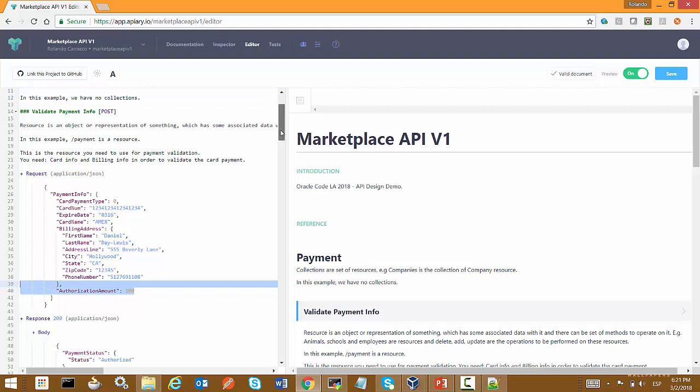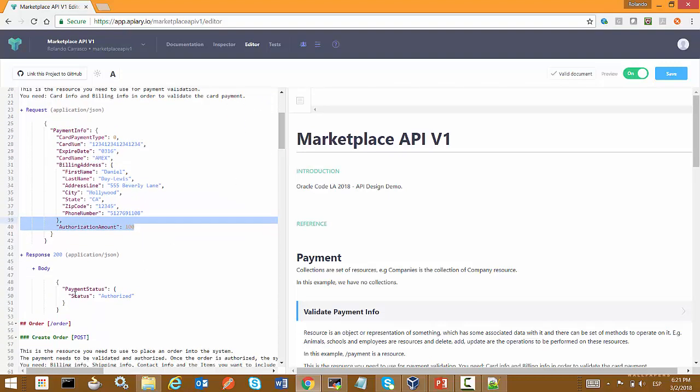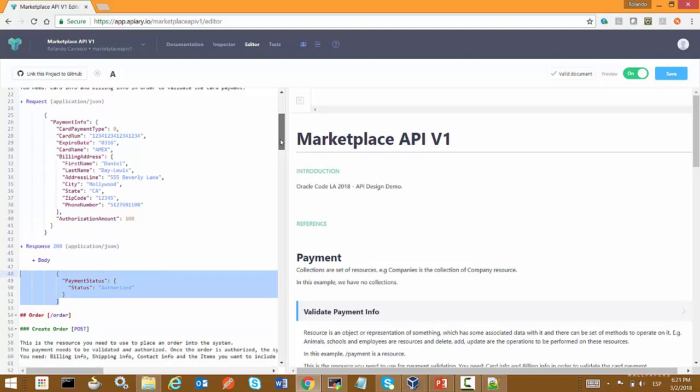Suppose we need to validate that information, and we will have a response like this to say if the payment is authorized or if the payment is denied.